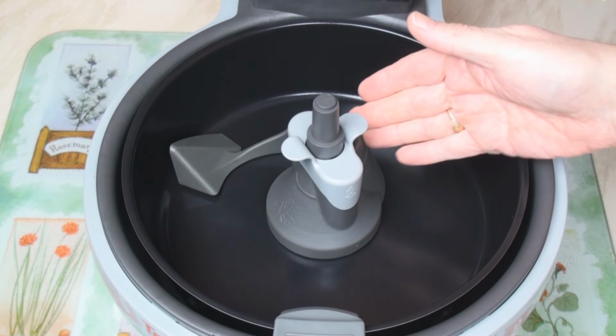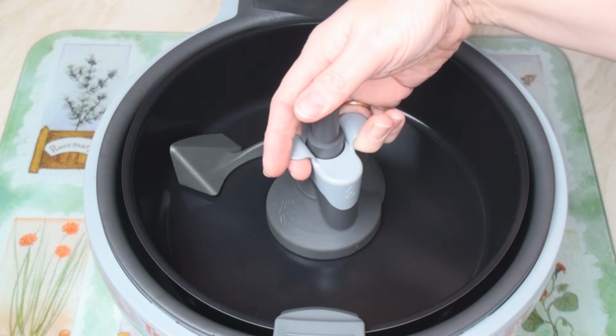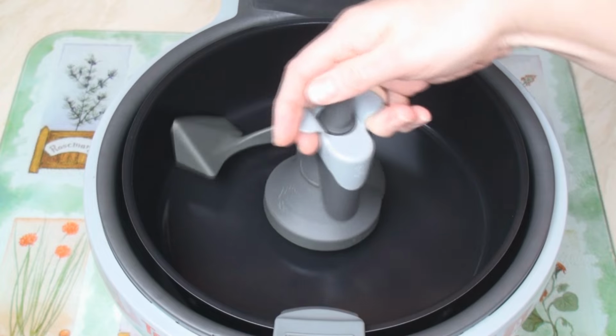In the middle of the cooking basket there's this rather interesting shaped paddle which can easily be removed for cleaning by unclicking and re-clicking to put it back into...